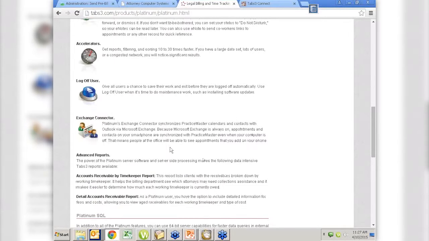The Exchange connector means that when you are syncing your calendars and your contacts, or one or the other, with your Outlook so that they can appear on your phone or your tablet. The Exchange connector is a much more sophisticated, higher level type of connection. If you don't have Platinum, or if you have Platinum but you don't have the Exchange connector set up, it's